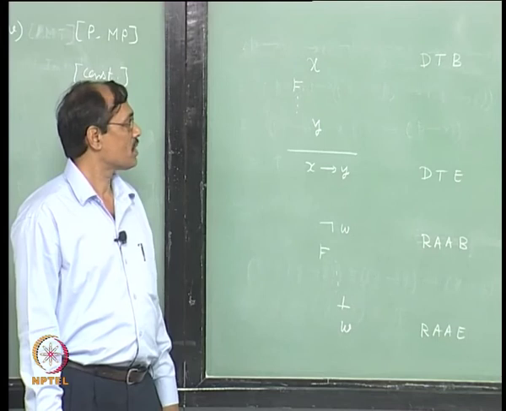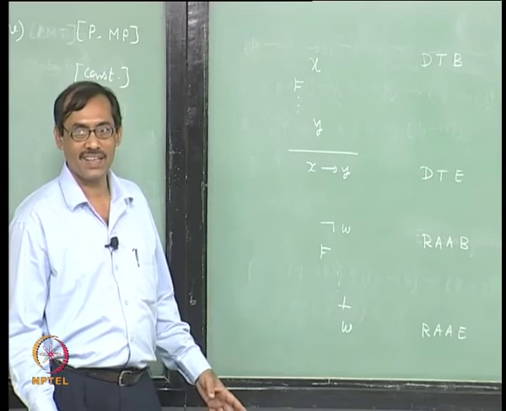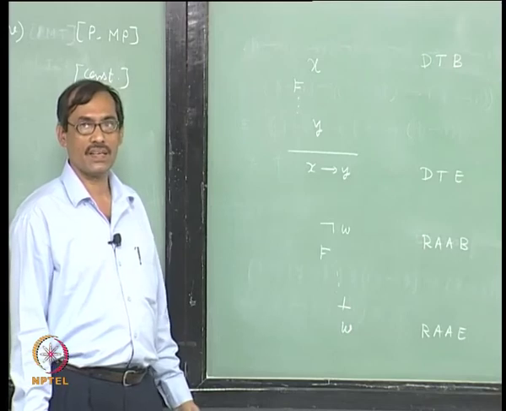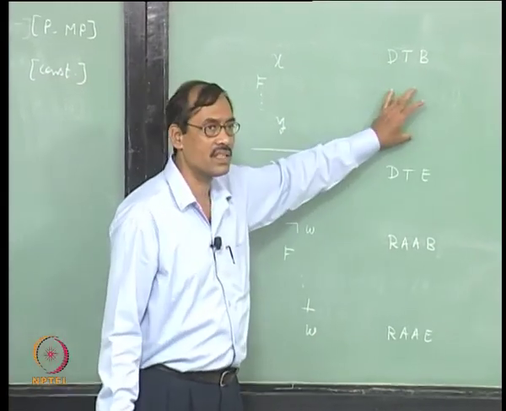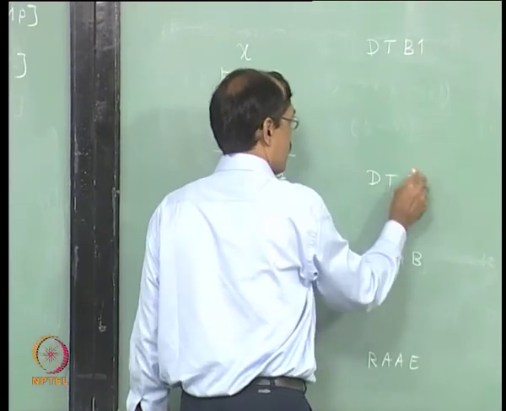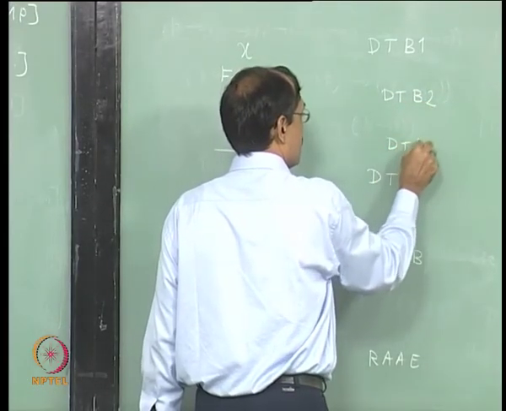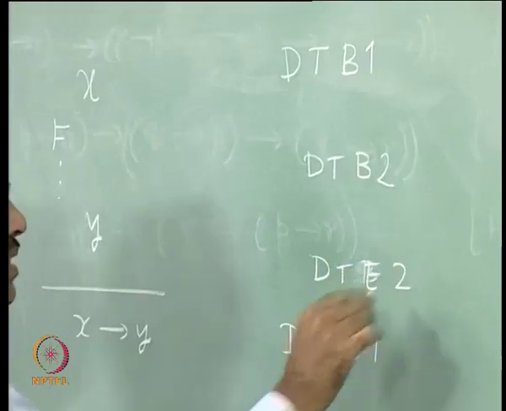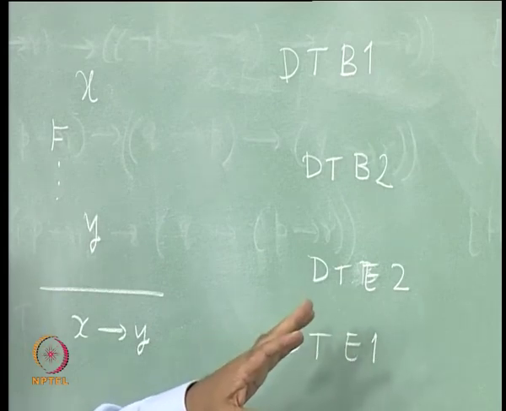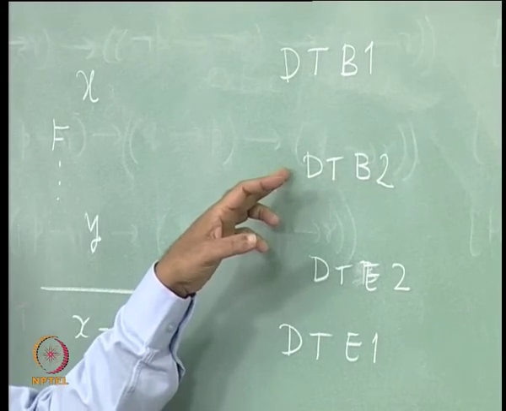Is that clear? But this is not clearly eradicating our sub lemma, sub calculation; we have to use that somewhere. So that will come as a nesting. Inside this deduction theorem there can be another deduction theorem. So we will write this as 1, this as 1, and again inside this we will write deduction theorem begins, but it is the second loop and it should end somewhere inside that loop itself. If it crosses the loop then it is a wrong use, because by that you have assumed both X and the other one, and that is not permissible.